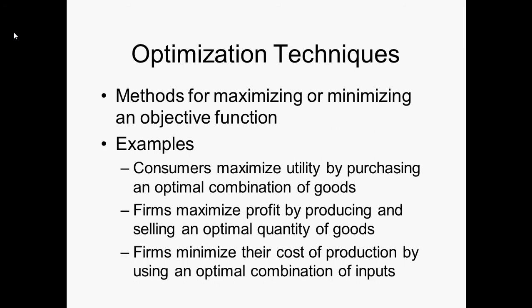Okay, so why are we interested in optimization? Well, we can think about examples. For consumers, consumers tend to maximize utility, you could say, by purchasing some optimal combination of goods. They choose what they want to buy to match. Utility is basically an expression here for what they like, preferences. So,